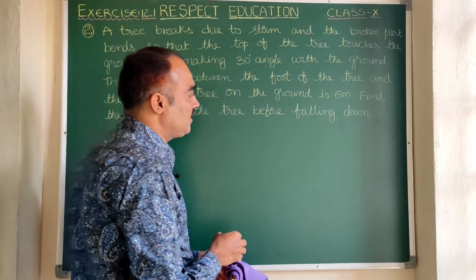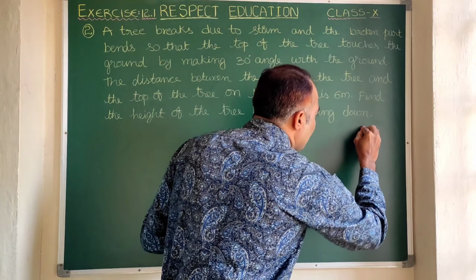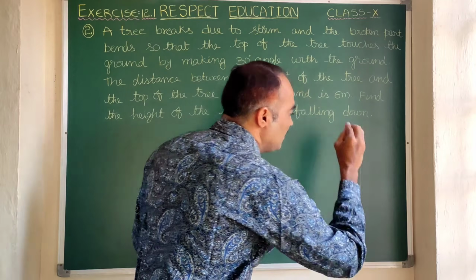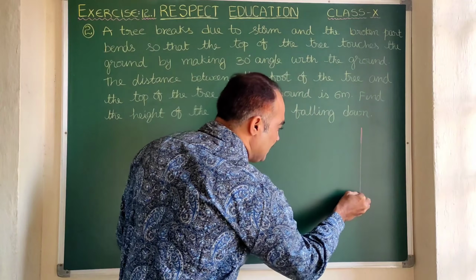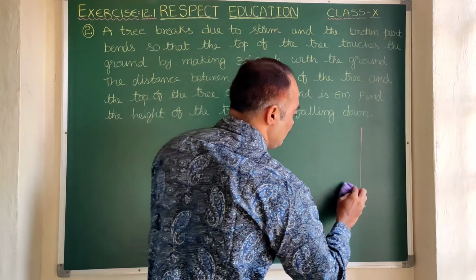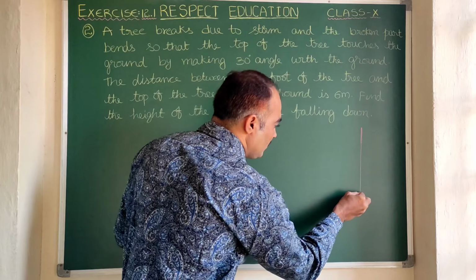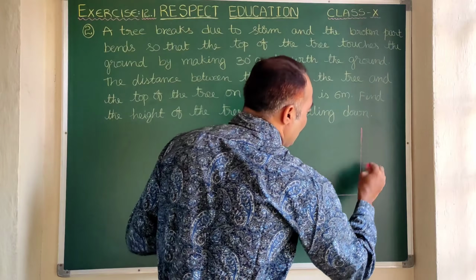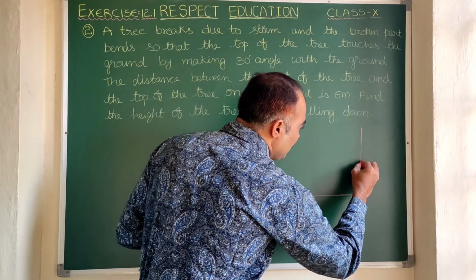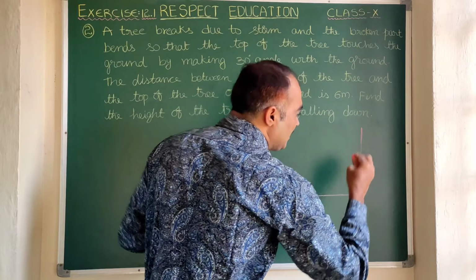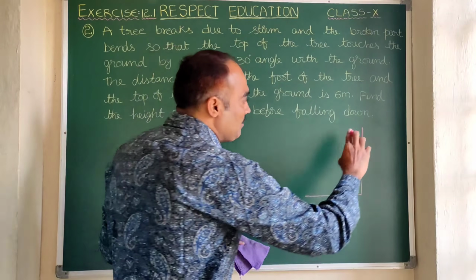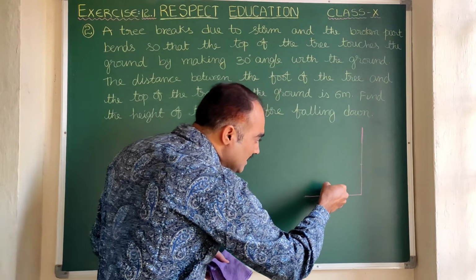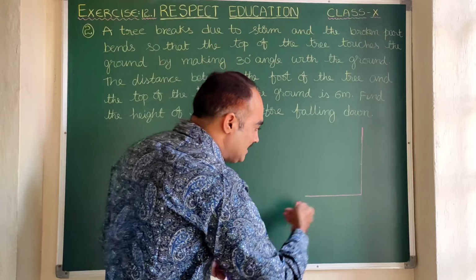Here you do understand. For example, this is the actual height of the tree before falling, right? And it indicates the earth. This line, the horizontal line, indicates earth. Now here what happens? For example, just imagine that this is the breaking point. Then this part of the tree falls this side, it falls on the earth.